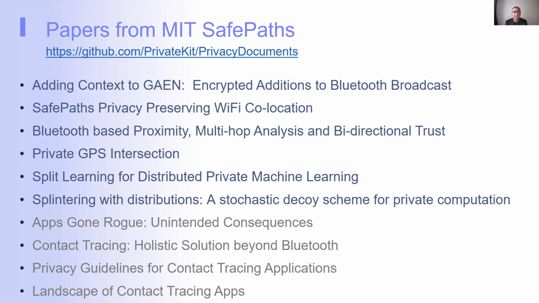In addition, we think it's not just about exposure notification, but a lot of the data on your phone, questionnaires, sensors, your prior health history can be combined to provide the solution. So that's why we have a technique called split learning for distributed private machine learning that we think can be used. And very recently, we published a new paper for a technique called splintering, which is inspired by multi-party computation,